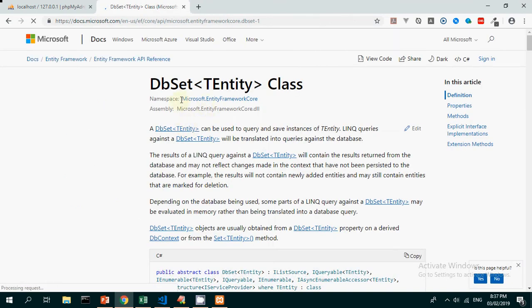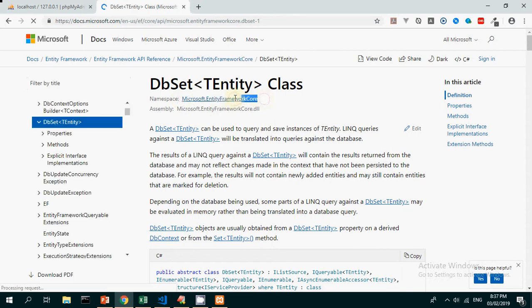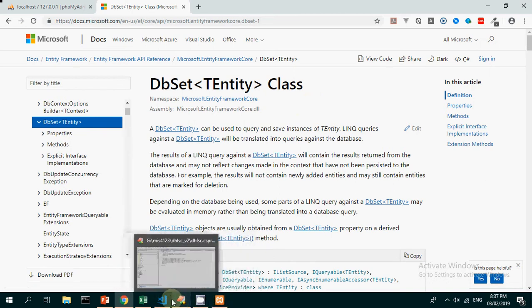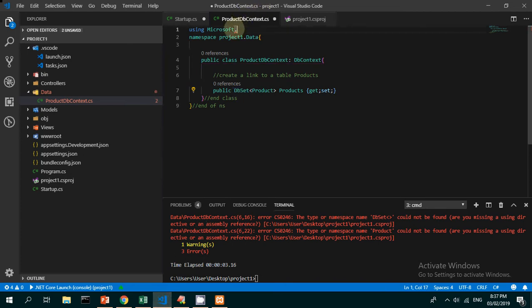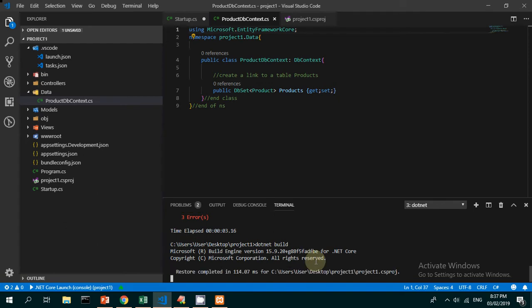From the documentation we can reference Microsoft.EntityFrameworkCore. So let me copy this and then go down here to my code and Control V and semicolon and save it. Now if I build it again,